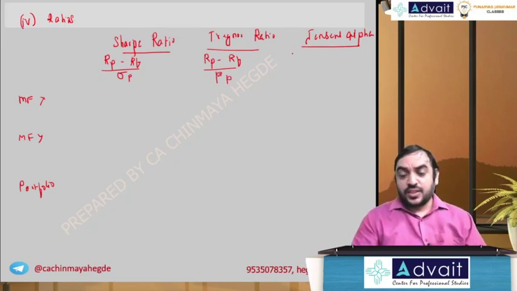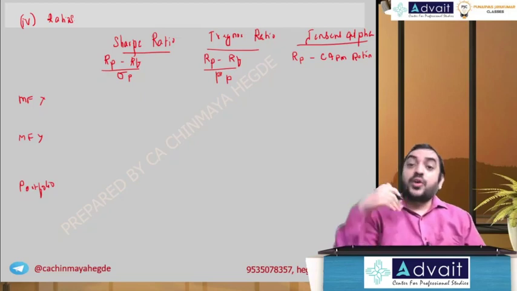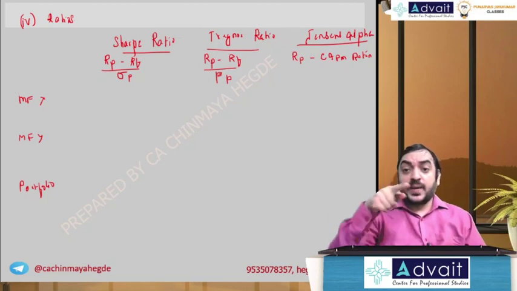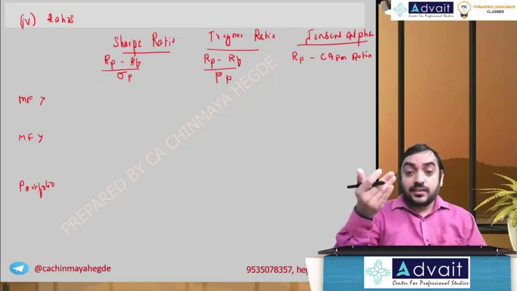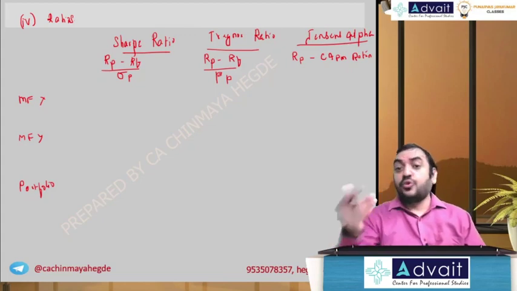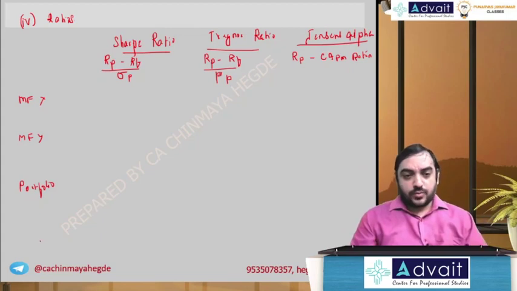Jensen's alpha is the return of the portfolio minus ER, ER basically being the CAPM return. I'll just say minus CAPM return. So what is Jensen's alpha? If you remember in the graph, we draw the security market line. That is your required rate of return, cost of equity. If you get more return than that, we say it is undervalued, good to buy, and that is Jensen's alpha. Okay, I am telling all these things.